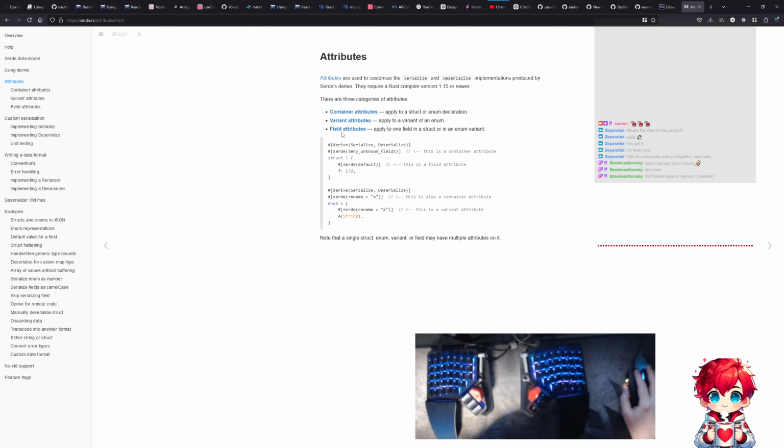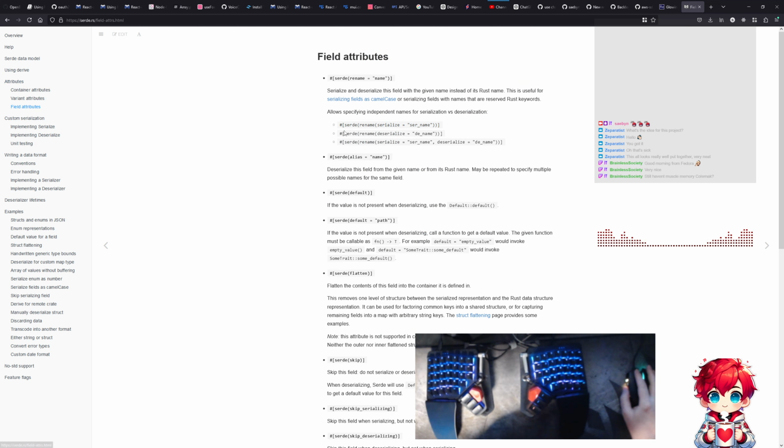Attributes. Field attributes? Oh, rename. This is also a container attribute. This is a variant attribute. What does it mean? Okay, enum. Field attributes. Rename, or alias. Deserialize this field from a given name or from its Rust name. Okay, so we could say, oh, an alias. Right, so we would take...